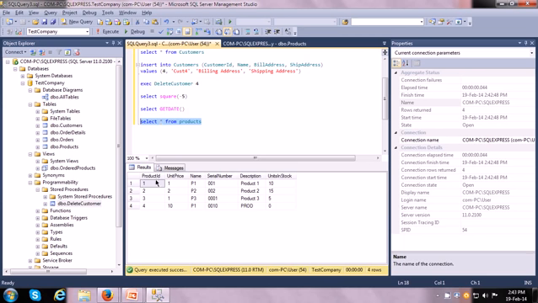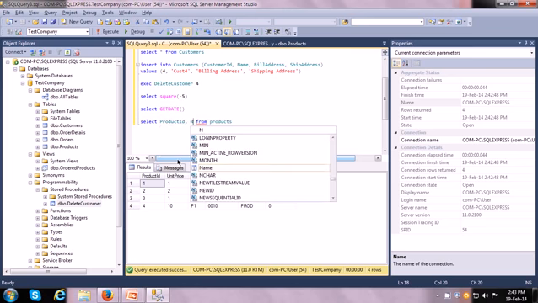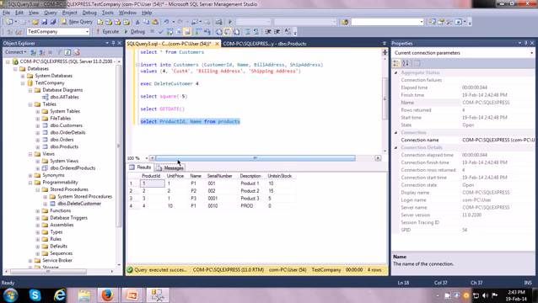Let us say I just want to see the product ID and name columns from the products table. Instead of star, I can say select product ID comma name from products, and then it will just show me those two columns. But let us go back to all columns, because we want to look at all the data.